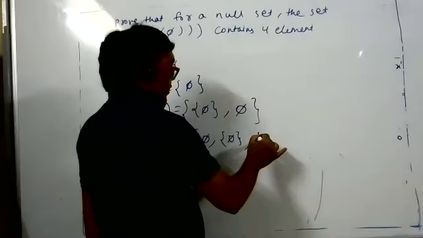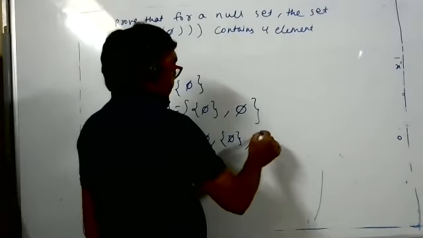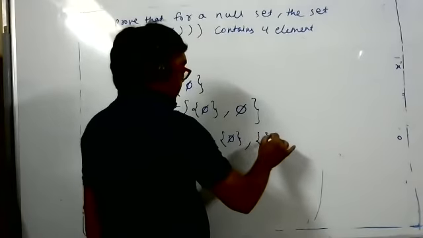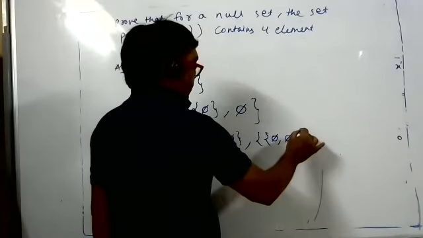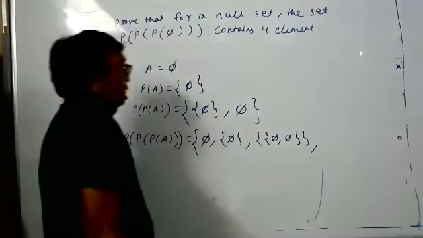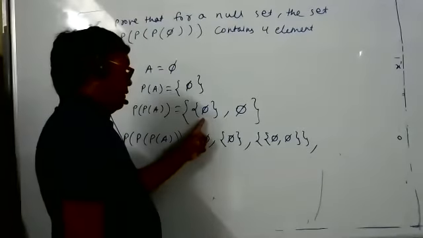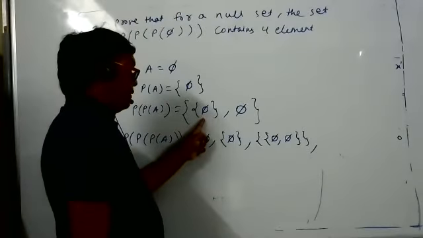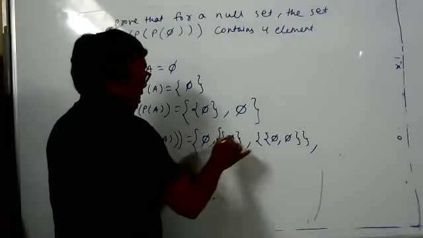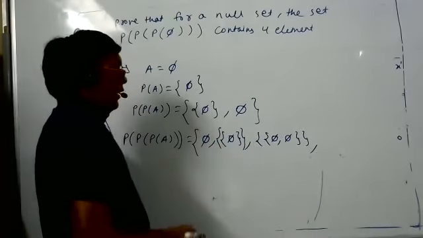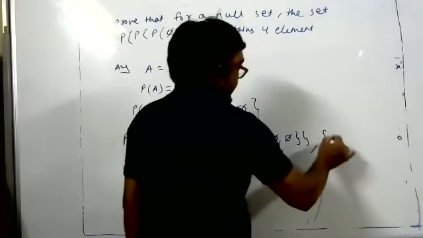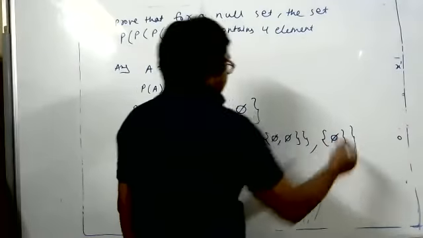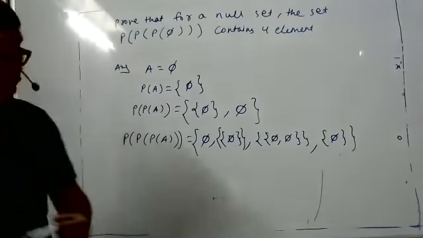Something is wrong again. Wait. Again, 2 flower brackets and then null set. This is a subset now, so we should write it in a set only, this one. Then we should write this also. Okay. Suppose you have a doubt, nothing you understood, no problem. I'll teach again. Not fully, but the last one.